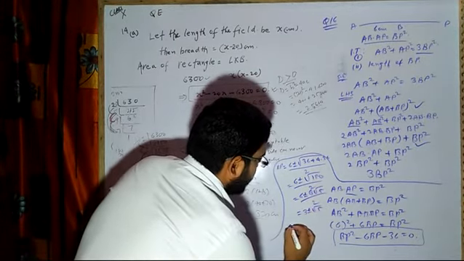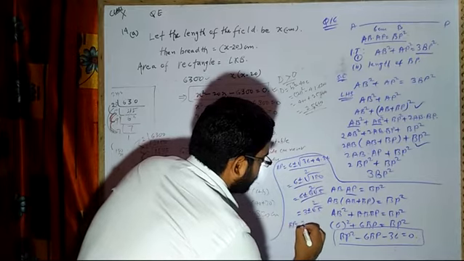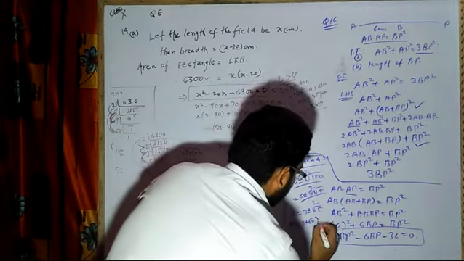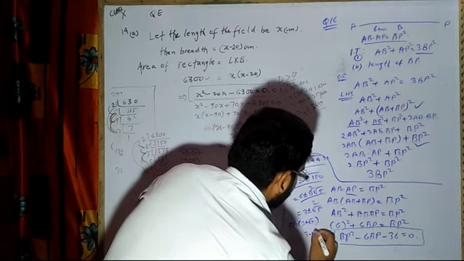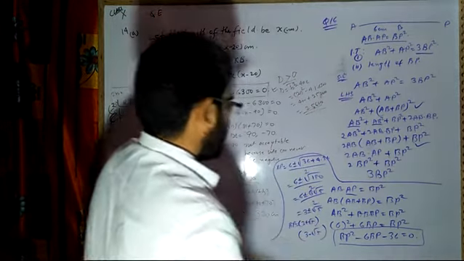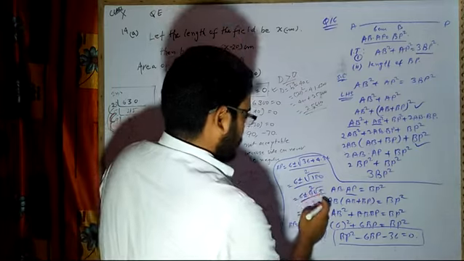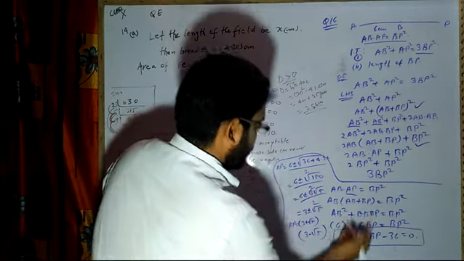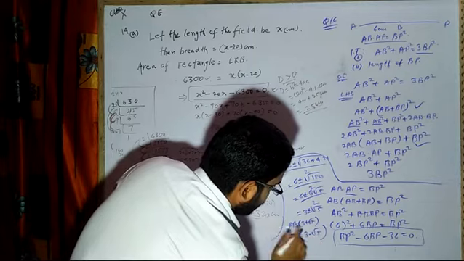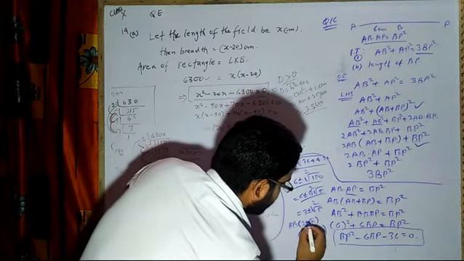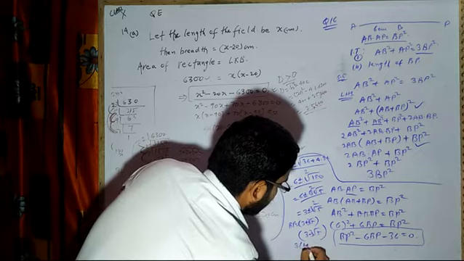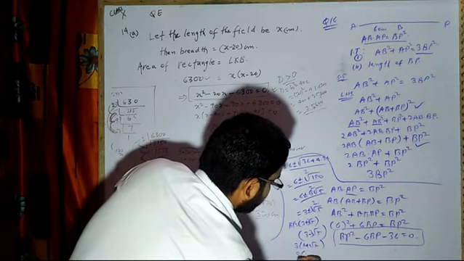Now the answer will be BP is equal to 3 plus root under 5 or 3 minus root under 5. Is it correct? 3 plus 2 3s are 6. Here I will be having 3, so again I can take 3 here also. So I can take out 3 common, so it will be 3 times 1 plus root 5 or 3 times 1 minus root 5.